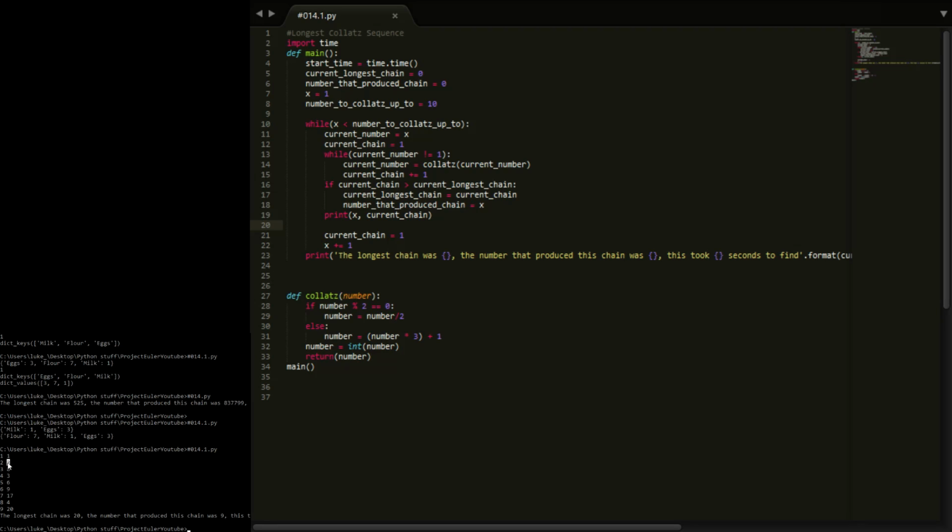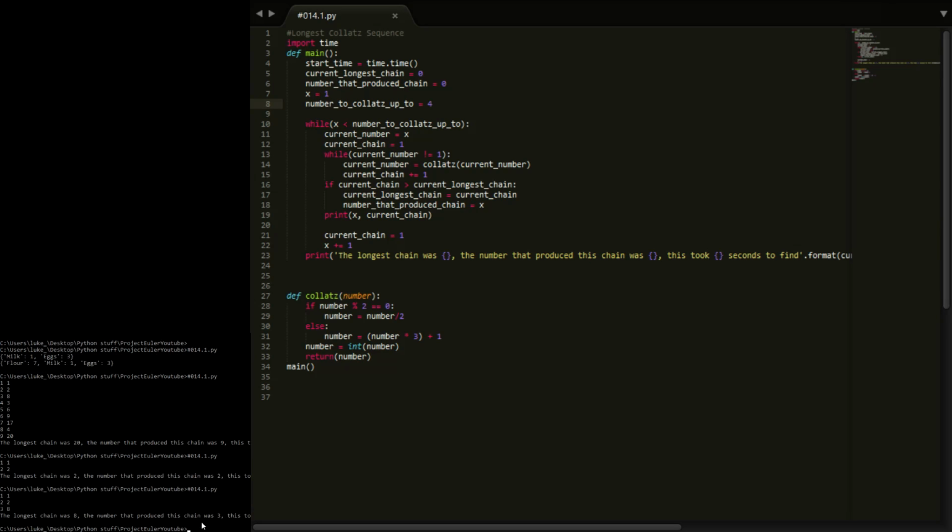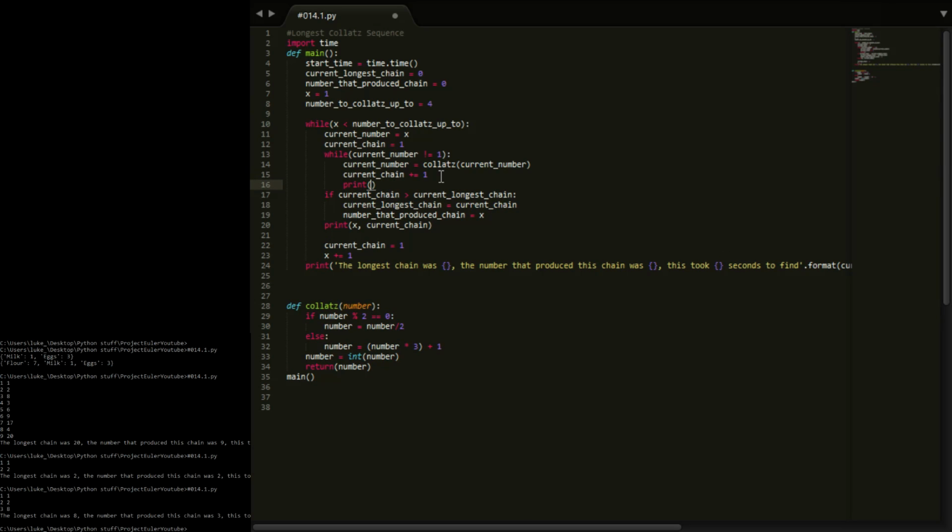So we could do that, and in fact I will do that first, but what I'd like to add after that is I'd like to add all the values in the chain. So if you see the collatz length, the collatz of 3, if we just go up to 3 here, that's not right, go up to 4 so it includes 3. So if we do this and then we print current number right there,